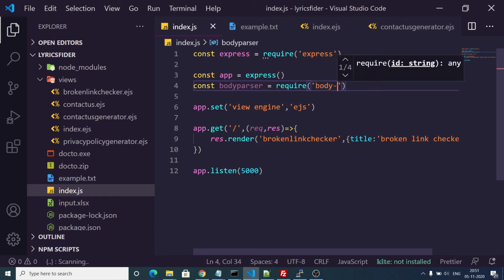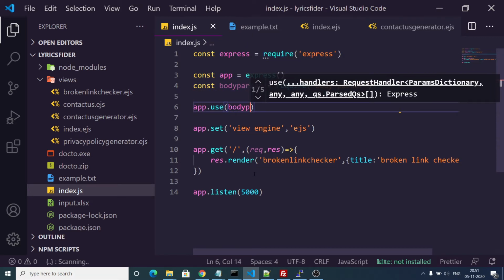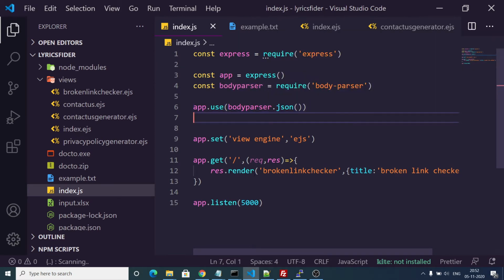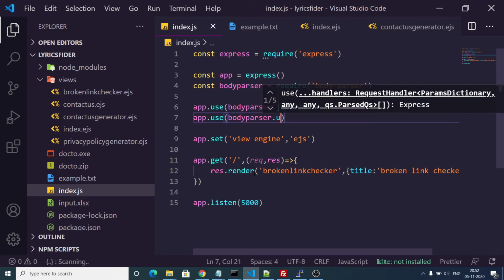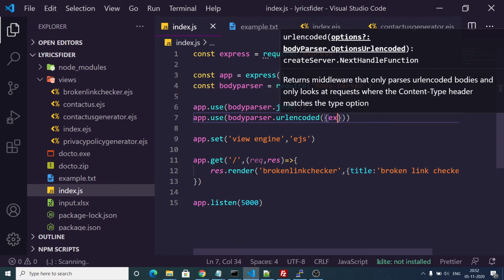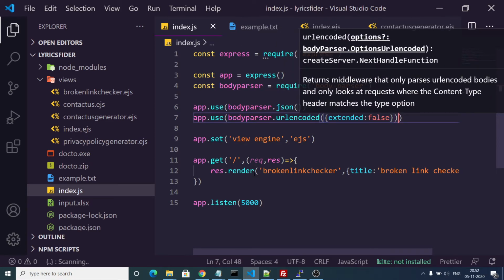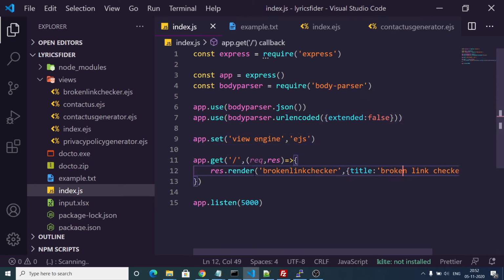So you need to require body parser like this, and then write the two lines which are very necessary for body parser: bodyParser.json and bodyParser.urlencoded, and inside this you need to pass extended false. In every video of mine I use this body parser middleware.